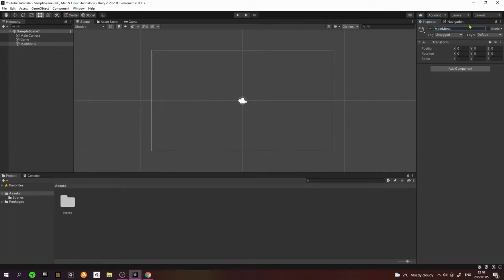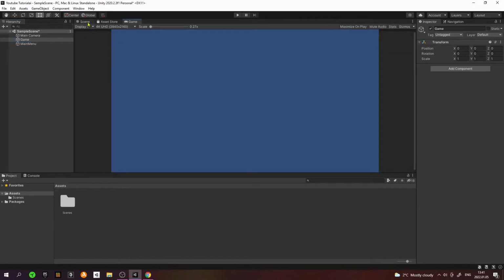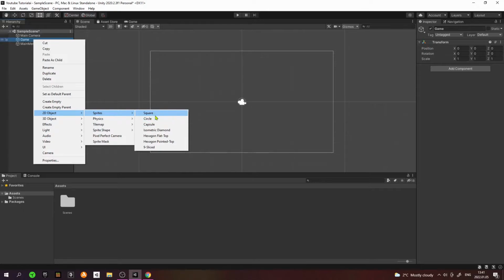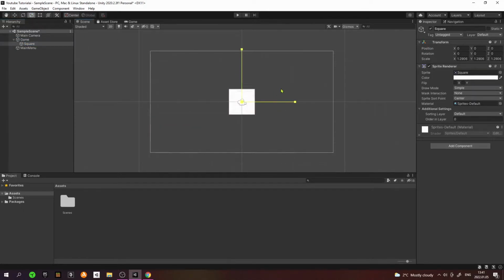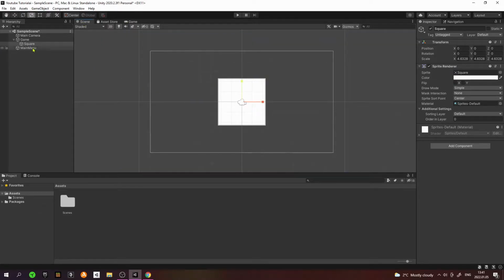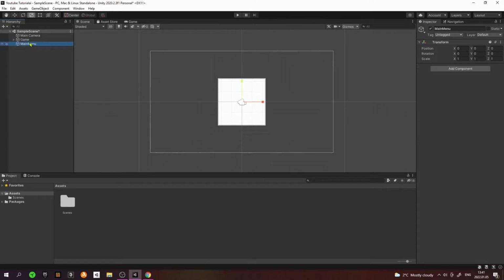main menu. So now we will be able to switch from main menu to game with only using the play button. So let's quickly make something in the game scene so it doesn't look empty. So we can go ahead and create a sprite, and let's create a square, scale it, and well, it's our game. So now when we are done with our game, we can go to main menu, disable our game, start creating